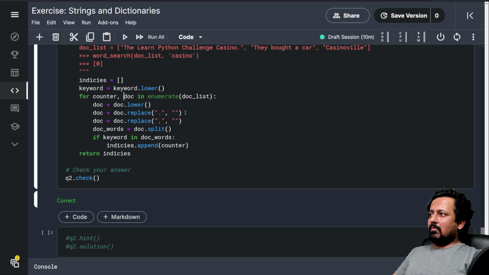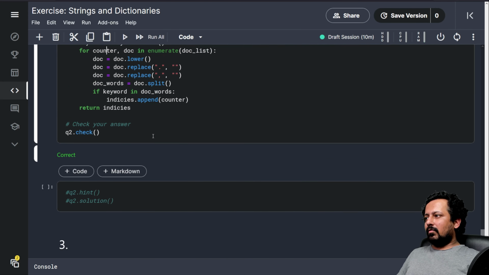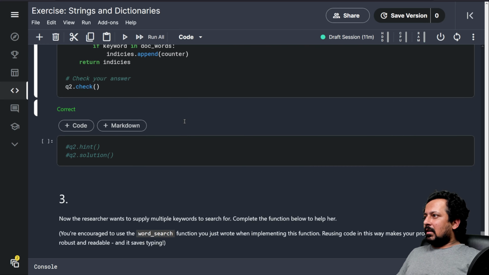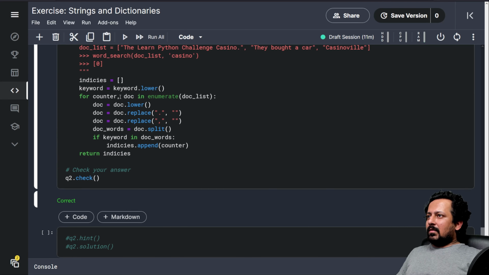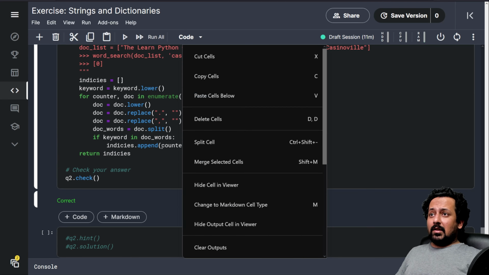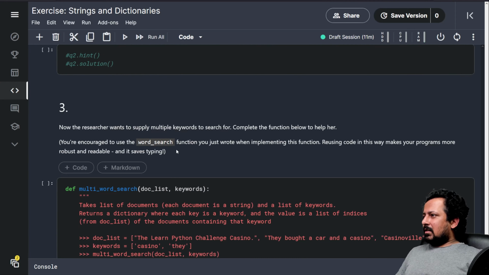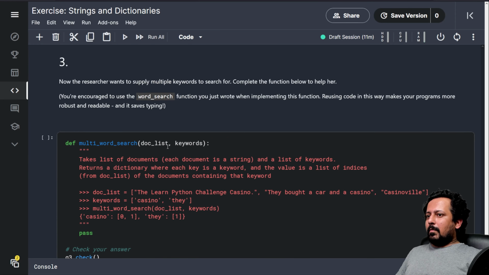So now counter you don't have to initialize, that's the counter. So in the first iteration it is 0, second iteration it is 1, and so on till it reaches the end of the list. So very useful, enumerate, remember that. I hope you understood this. If there are any doubts, let me know in the comments. And now we go to the next one.